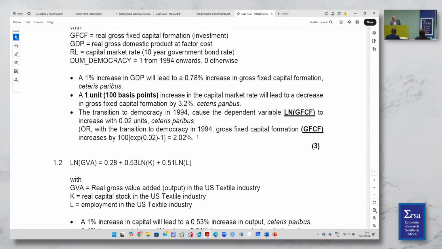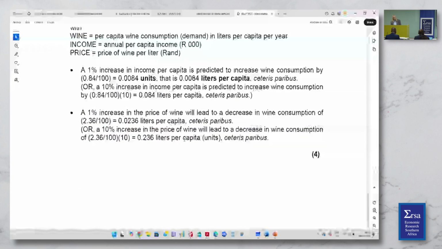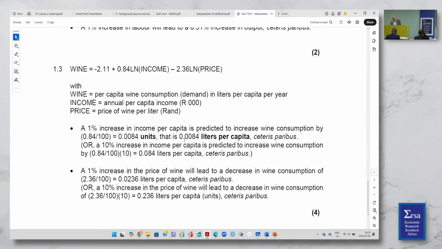So the better way would be to calculate the actual impact. And you see, if the coefficient is quite small, the error is also quite insignificant. And here's another example,